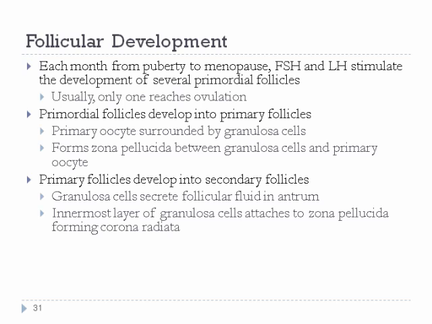But just in case something goes wrong with one, several are stimulated, but usually only one goes through all of the steps of meiosis 1 and meiosis 2, becoming the secondary and then the mature follicle. The primordial follicles develop into primary, develop into secondary. Secondary are going to mature into the Graafian follicles